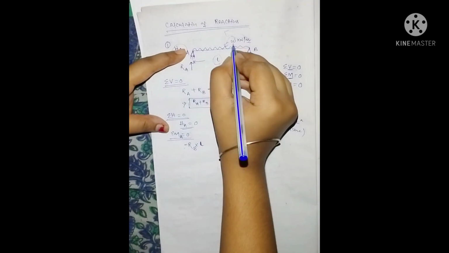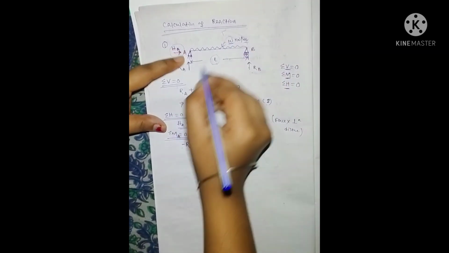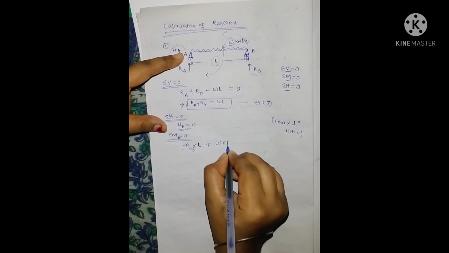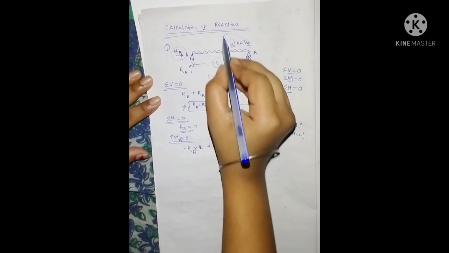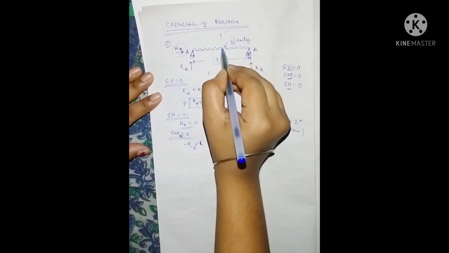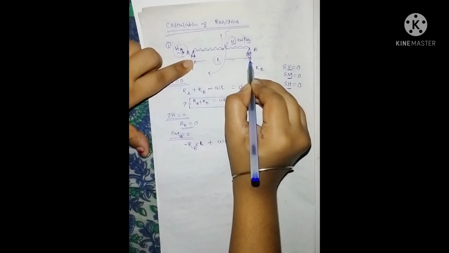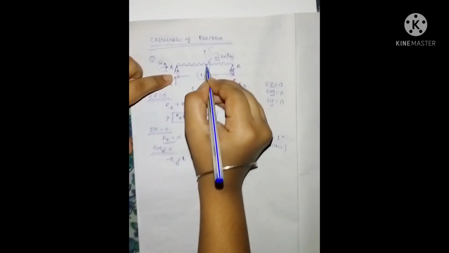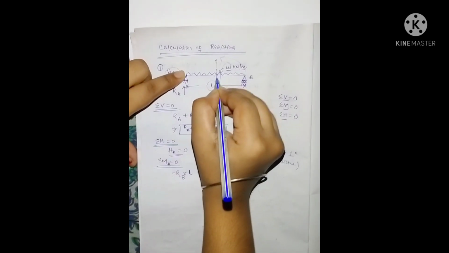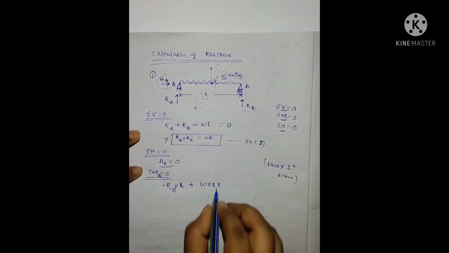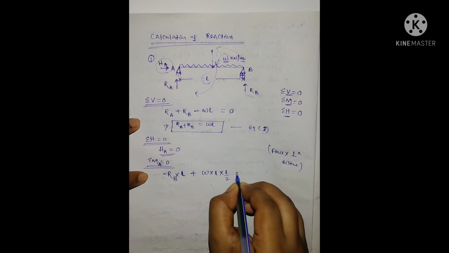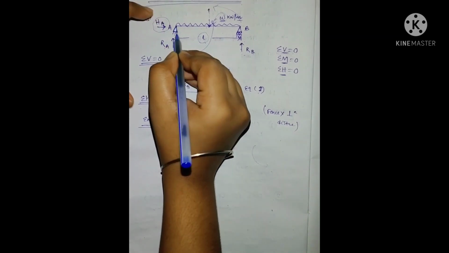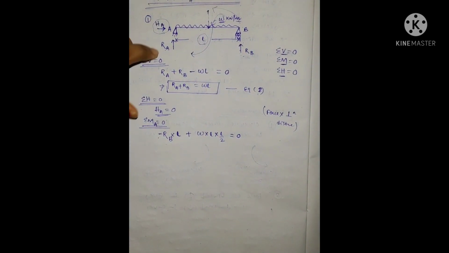Then we come to the force W. This moves in clockwise direction, so this is plus W into L into the distance at which the force is acting, at its CG. Here there is length L and the load is acting over this length, and the CG is considered from its mid length. The load is acting from its mid, so here the distance will be L by 2, that is equal to 0,